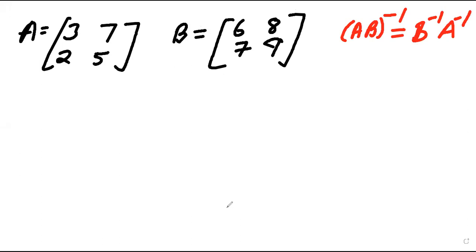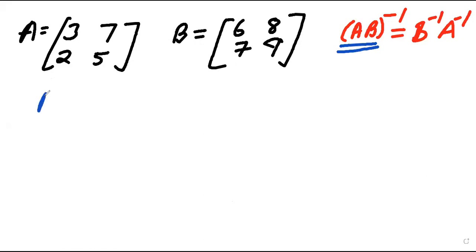But I am saying to you that when you have inverse of any value, and they are in multiplication, then the value is not A inverse B inverse. Value जो होती है वो A inverse B inverse नहीं होती, that is B inverse A inverse. Okay, the value is B inverse A inverse. If any two values are in multiplication, then we write like this. Okay, so let's see that what will be the answer.